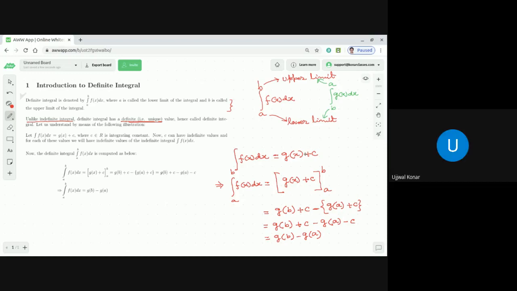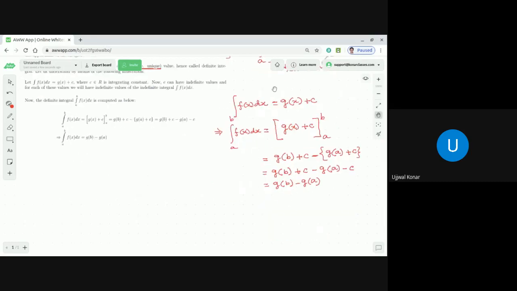Yes. Let's take an example. Things become simple and more understandable when you go with an example. Suppose we want to find the value of the integration from 2 to 5 of x cube dx. Fine, dear students. So what is the integration of x cube dx? If you recall, it is x to the power 4 by 4. And what is the lower limit? Lower limit is 2. Upper limit is 5. Correct or not? Yes.